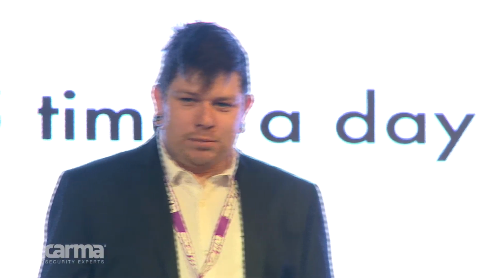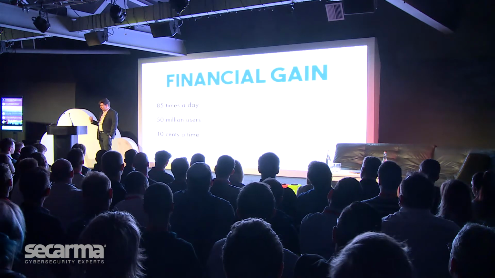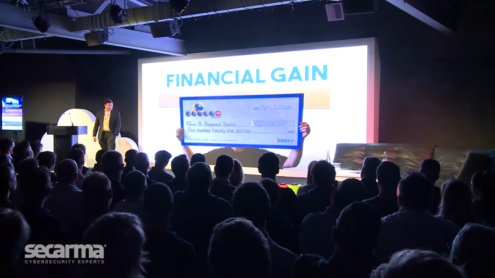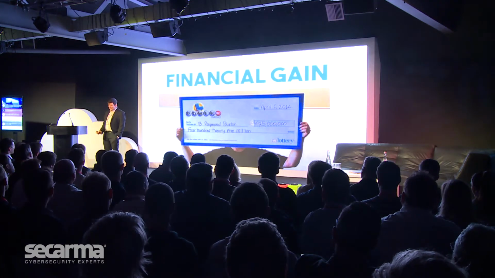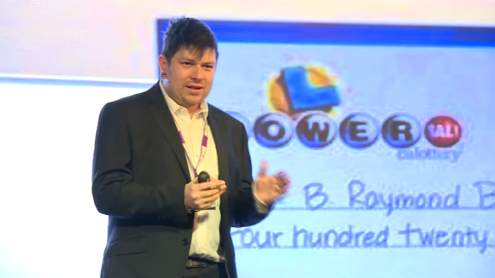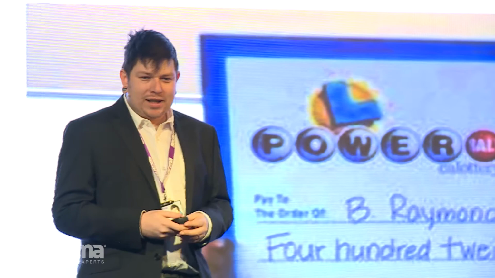I said, well, how much money do you actually make from these lock screen adverts? So the average user unlocks their device 85 times a day. 50 million users of Flash Keyboard, and they get paid 10 cents a time. So for every time someone unlocks their device and sees this advert, they get paid 10 cents. $425 million a day, Flash Keyboard are getting paid in order for you to unlock your device. And that's on the conservative estimate, if we say that only 50 million people downloaded this application. We know it's somewhere between 50 and 100 million, but even on the conservative side, that's them making a lot of money.